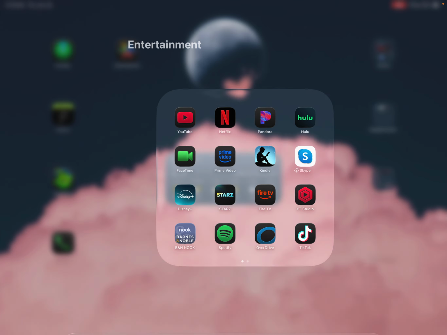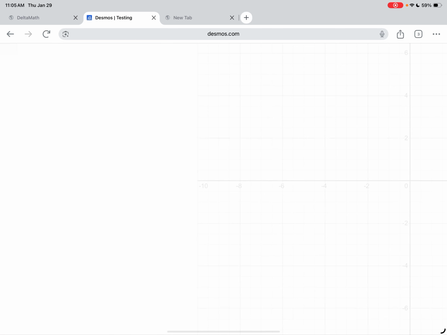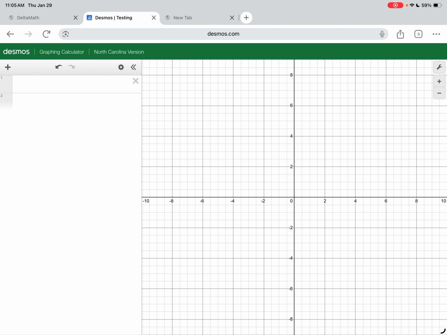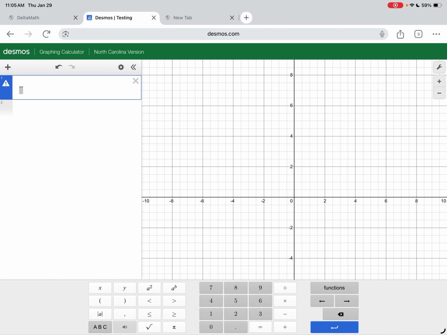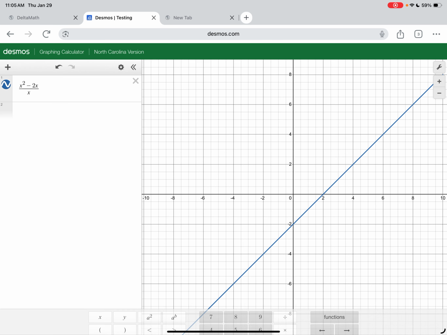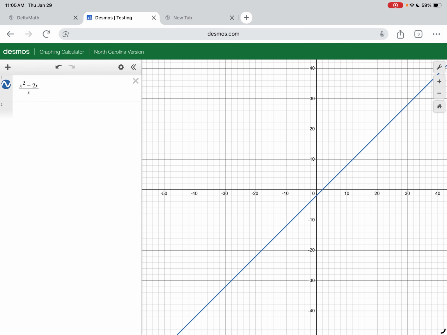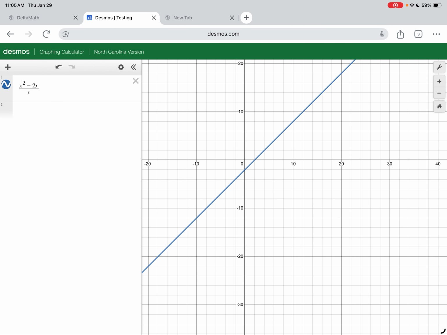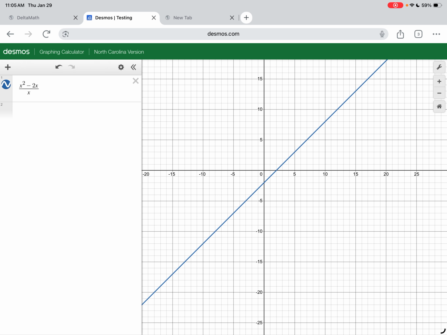and I'll look at it. Well, oh, it was zoomed out, sorry. So I'm going to put my fraction in, and it was x squared minus 2x over x. I believe that's what it was. Yep. So right now when I look at it, it looks like it's just one continuous straight line. But we said that it couldn't include 0. So if I go to the x value of 0, so basically if I click and drag a dot